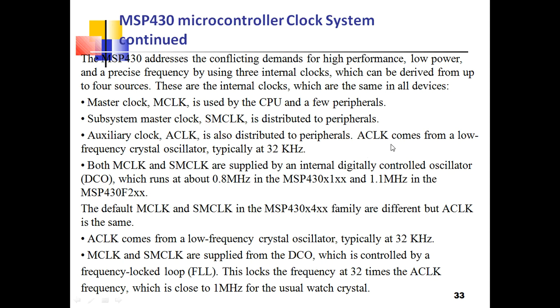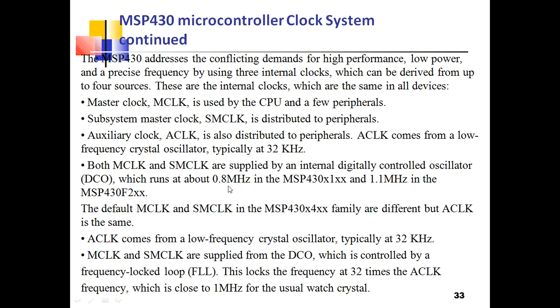And this is the auxiliary clock, the exact clock, which comes from the low frequency crystal oscillator, typically at 32 kilohertz. The main clock, that is the master clock and subsystem master clock, is supplied by an internal digitally controlled oscillator, that is DCO, which runs at about 0.8 megahertz in the MSP430 first generation and 1.1 megahertz in the MSP430 F2xx.